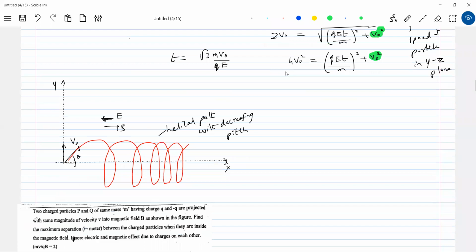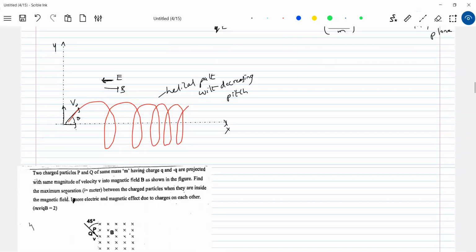If only velocity V naught is given, and I give only an x component, then there is no circular path. If theta is 0, what happens to the particle? It just undergoes retardation, then it will move back, no? No force due to the magnetic field. The reason: V bar is parallel to B bar. It's a cross product, F equal to Q V bar cross B bar. So the particle will just move along the x-axis, and will return or retrace the path.